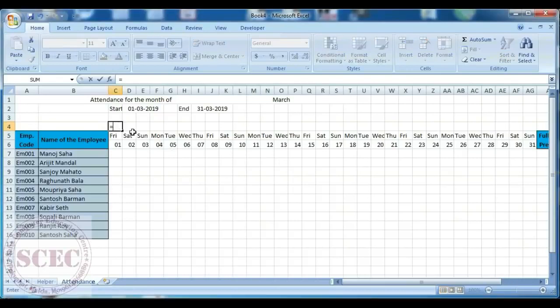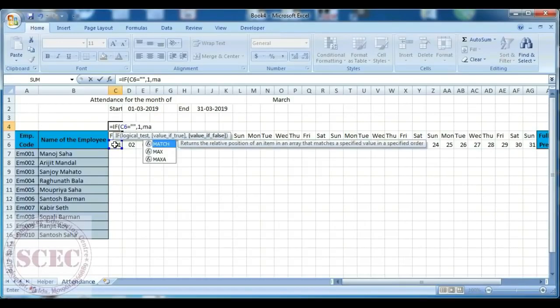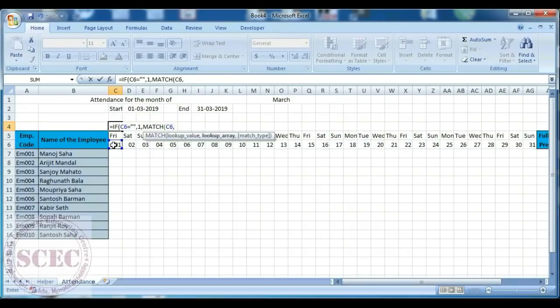In this case the MATCH function will help us. First we have to put IF, bracket open, C6 equal to blank, then it will give 1, otherwise we will give a MATCH formula, match C5 comma this dates, that is this formula MATCH will find if this C6 date is given in holidays, that is we put here a range holidays comma, if it is found then it will give a number, else it will give 0.